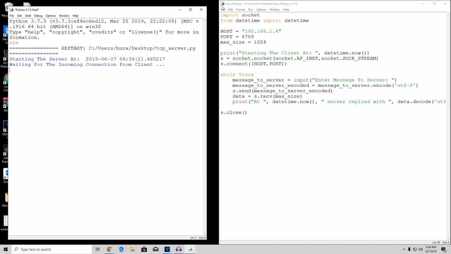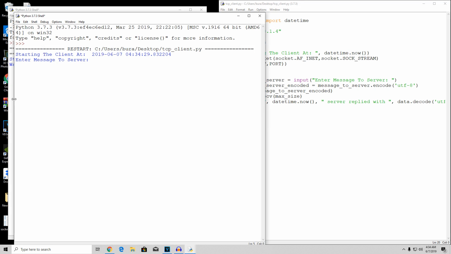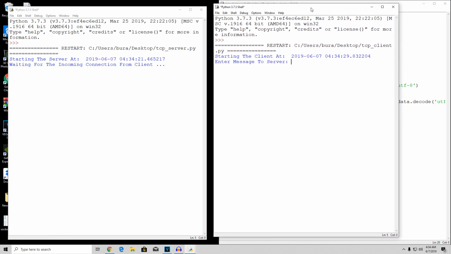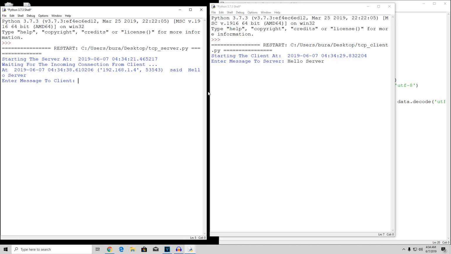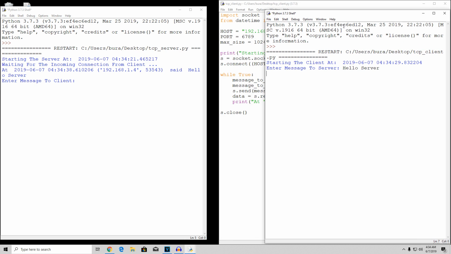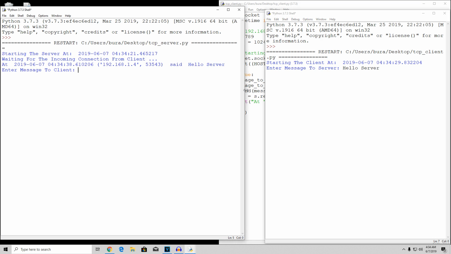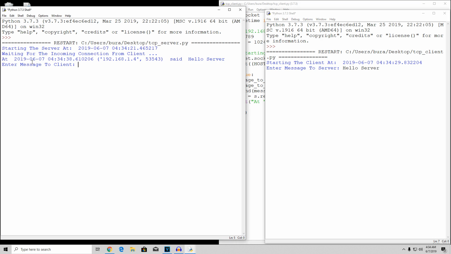Right now, let me just close this. Right now, let's say we run this part. And you can see that we get prompted enter message to server. So we type here hello server, press here enter, and you can see that it says right here, it actually split it up because we have a small screen. Let me just go right here. You can see if we enlarge this, it will say at this certain time, this date, this time, the actual IP address of 192.168.1.4